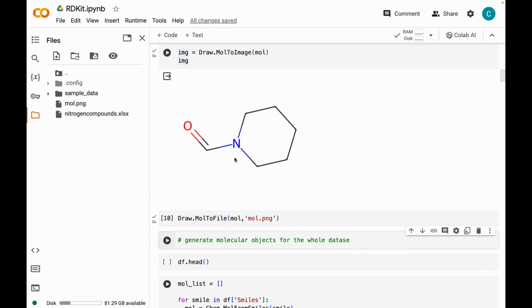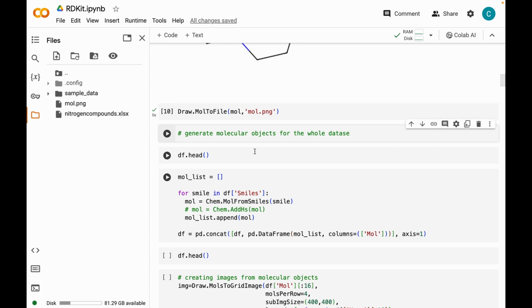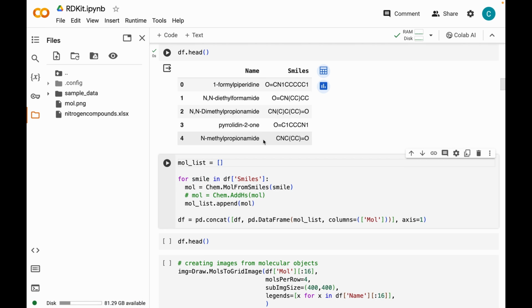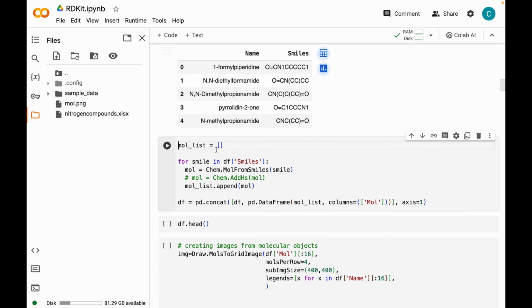and we can just use this image as per our requirement. Now the next step is, let's say we want to generate these molecular objects for the whole data set. Let me just print out the data frame. So what I'm gonna do here is create an empty list called mol_list, and I'm gonna be looping through each SMILES string. In the first instance, this Chem.MolFromSmiles will take the SMILES string as input and convert it into a molecular object,